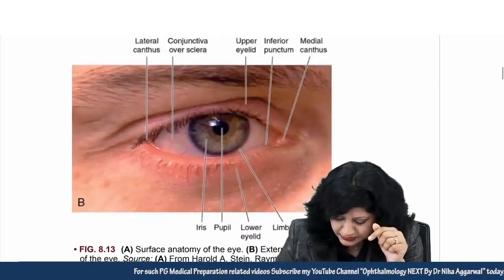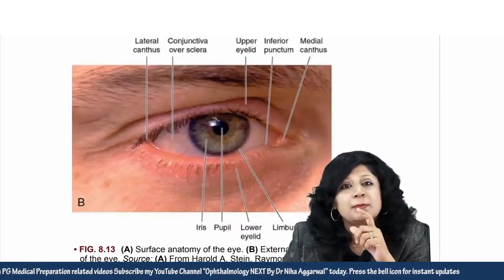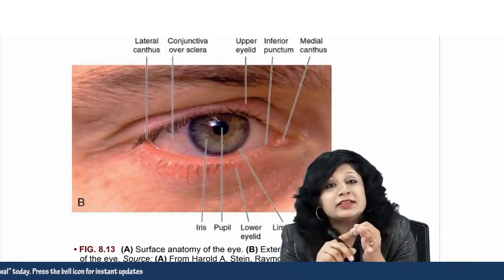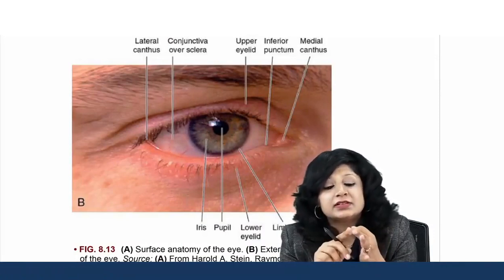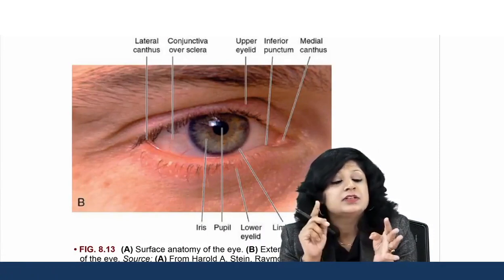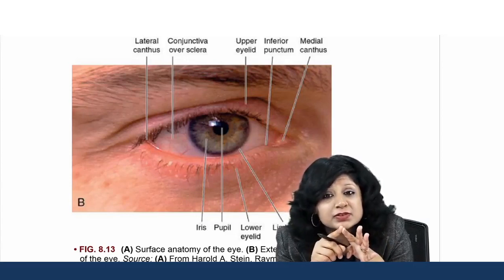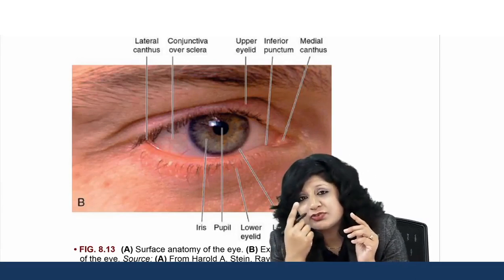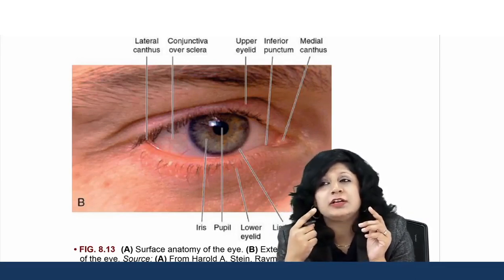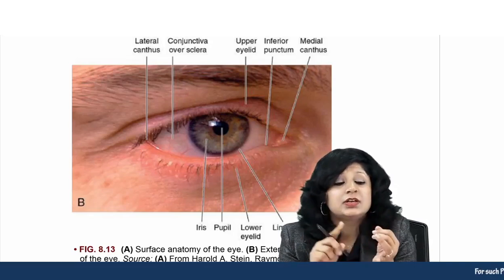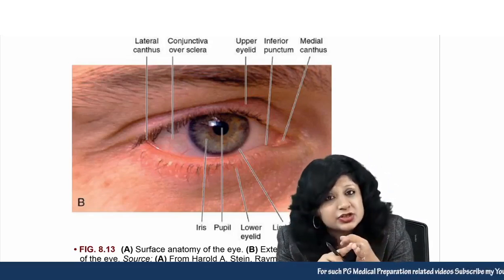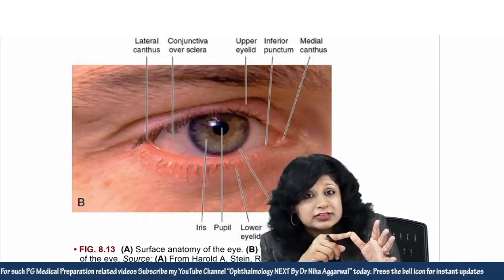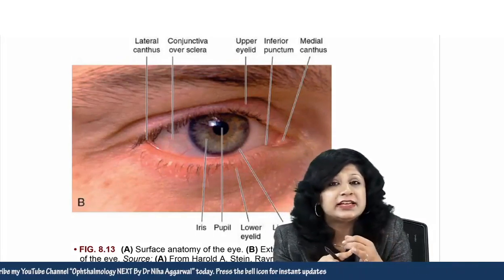You should also see the normal anatomy. Then look at the cornea, it should be transparent. Look at the size of the pupil, then look at the shape of the pupil. So, look for any extra pupils, okay. Then you have to see if there is any opacity or any degeneration over the cornea, any evidence of abrasion or ulcer, or any band-shaped keratopathy, any growth you are seeing, any pinguecula, any pterygium.